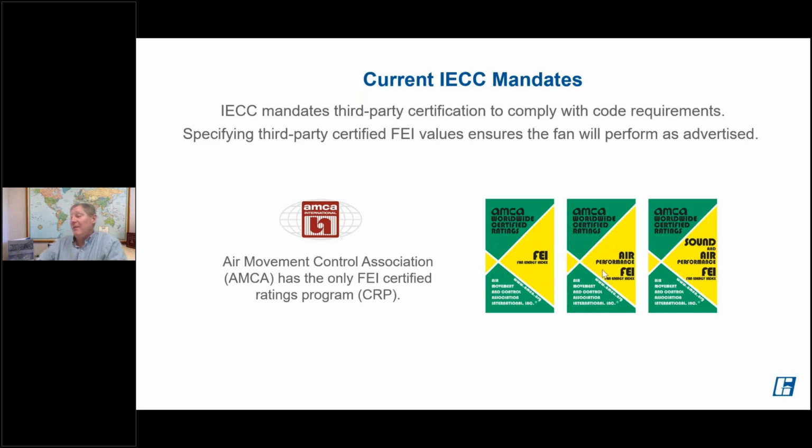So there's three labels shown. One is FEI, there's an air performance label, and there's sound and air performance. Basically, I'm anticipating AMCA is going to do away with the air performance one because FEI basically encompasses air performance. So at the end of the day, you really want to make sure you're specifying FEI, AMCA certified FEI, and AMCA certified sound performance